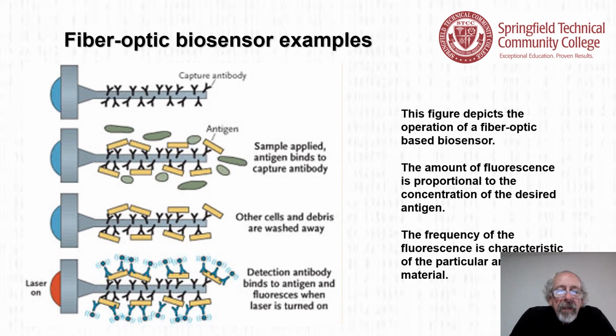There are capture antibodies. Then the second one down, there's a sample applied. The antigen binds to the capture antibodies, which are, I guess, the long rectangular yellow things. Other cells and debris are washed away. And then the laser is turned on, and detection antibody binds to the antigen and fluoresces when the laser